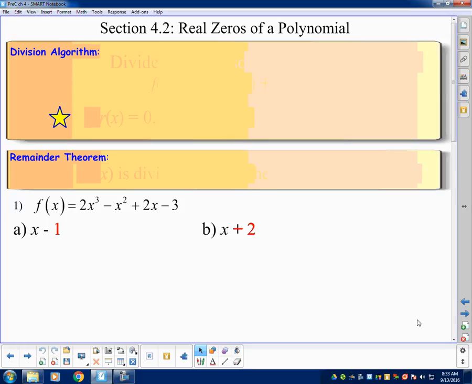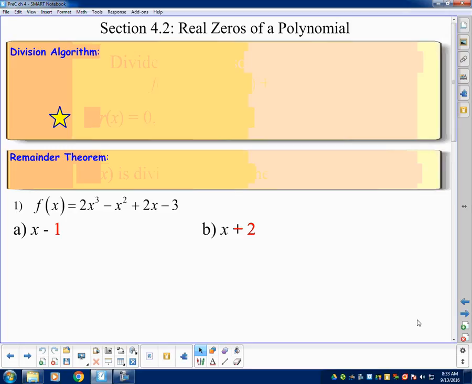Okay, so we're looking at the real zeros of a polynomial. This stuff is all based on the fundamental theorem of algebra, and these different theorems or algorithms are all associated with the fundamental theorem of algebra. So it's a way to help us, at the core here, to apply